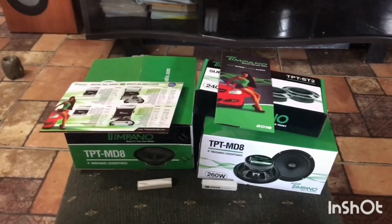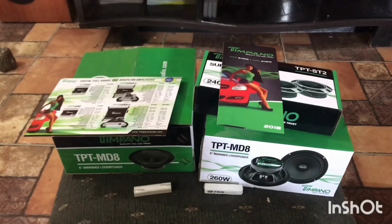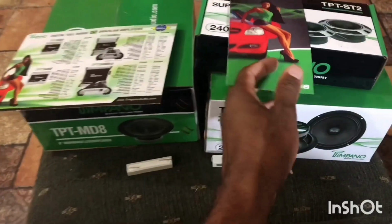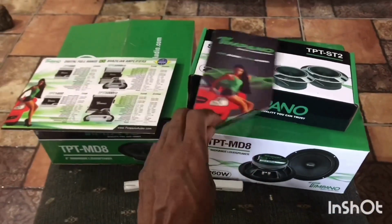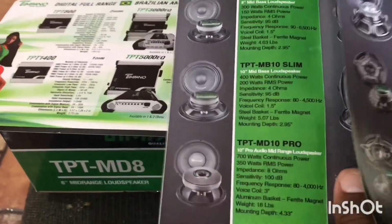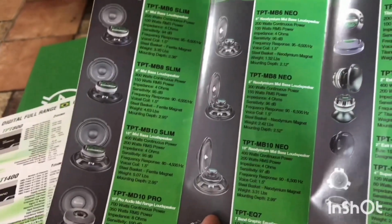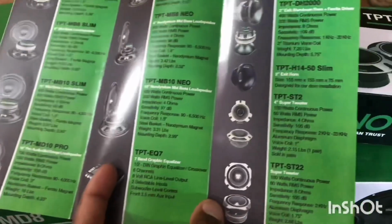So while the speaker backdash is drying, I would just like to show you what I'll be adding on with the previous 2 tympanos. So this is the next 2 to add up to 4, and these are the tweeters I will be using. When I went by RIK Trading, which is located in Marabella, Trinidad, they gave me some brochures. So I got this brochure on the mid-range, some of the other products from the 6-inch to the 6-inch slim, the 8-inch slim, the 10-inch slim, and the 10-inch pro. They also have 6x9s, the Neo magnet line, they have the EQ, super tweeters,